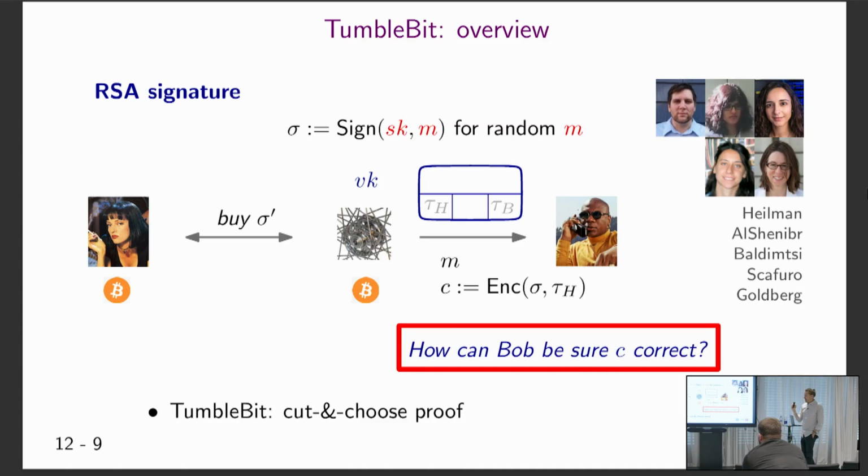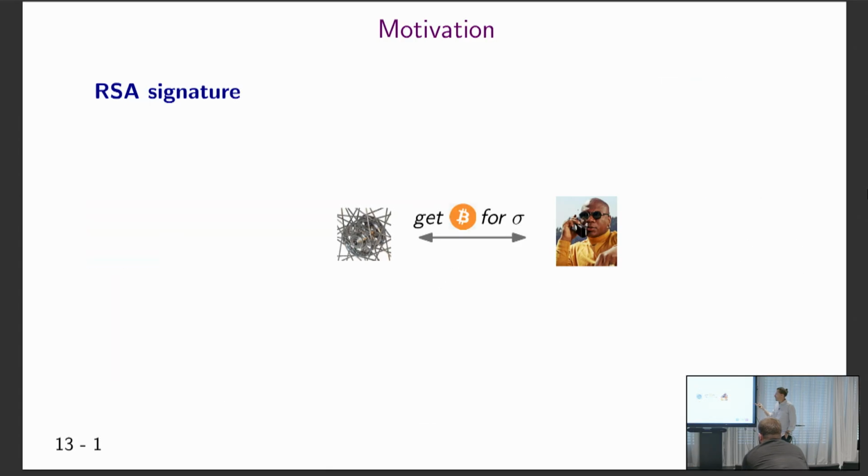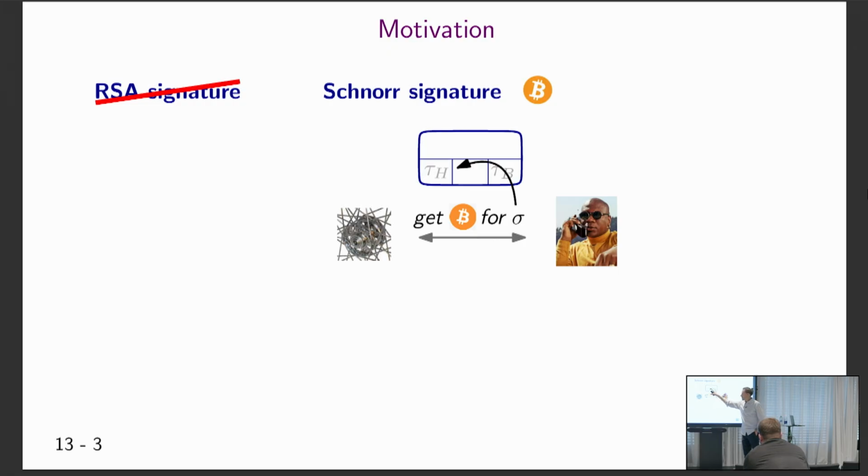Okay, let's take a step back and look at what functionality we actually want to achieve here, which is that we want some way so that Bob gets a Bitcoin if and only if he knows some signature. And if you think about it, if this was not an RSA signature but a Schnorr signature, which is supported by Bitcoin, and if the signature was just the signature on a transaction, that's by definition this protocol, right? If Bob has this signature by the hub, he has the Bitcoin because the transaction is signed. If not, he doesn't, right?